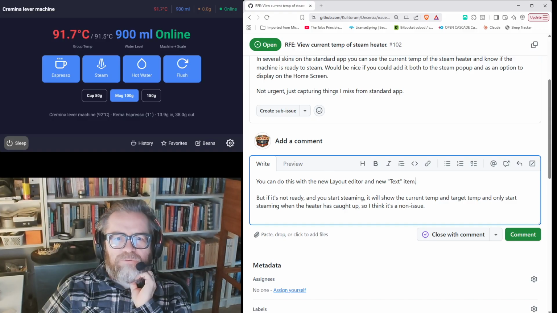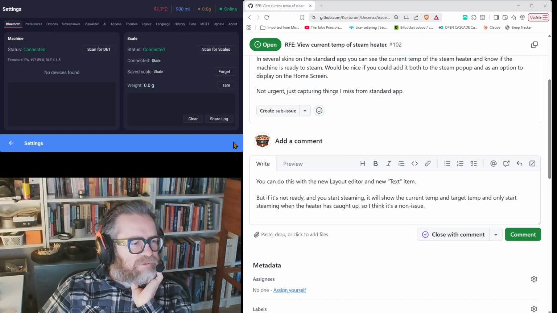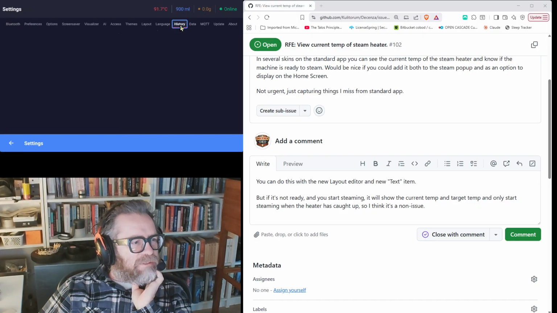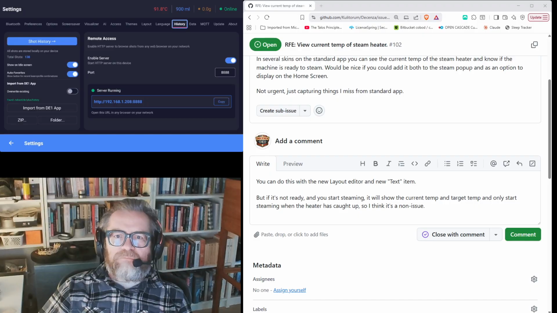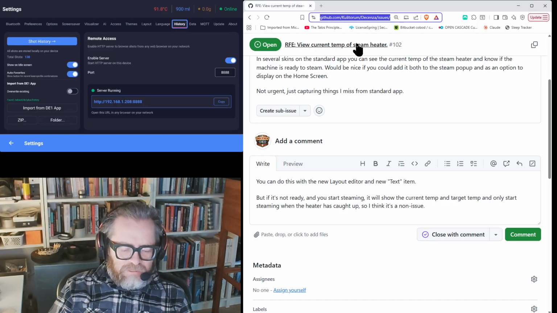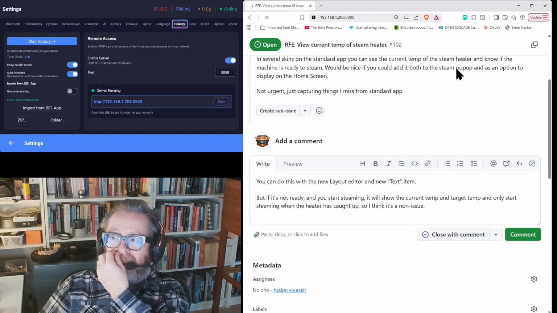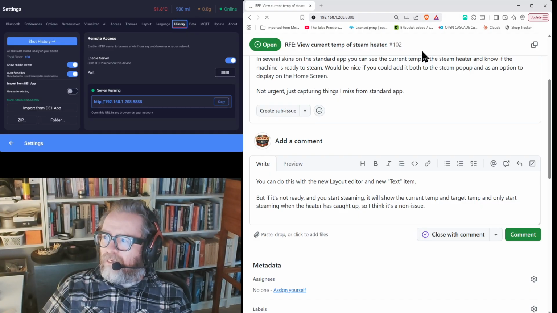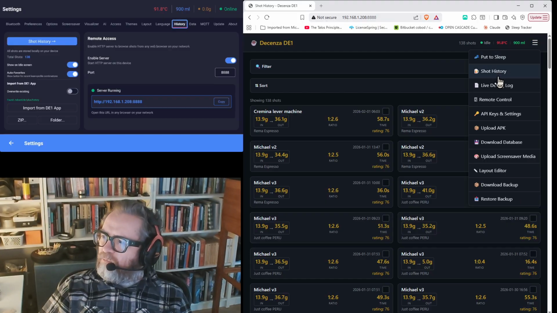So first of all, you want your web browser to look at Decenza. So we go into the history tab, and here we can see the IP address that the machine currently has. You need to enable this server here, and then you can connect to it through a browser. So it's 192.168, blah blah blah, 208. And in here we now have the option to